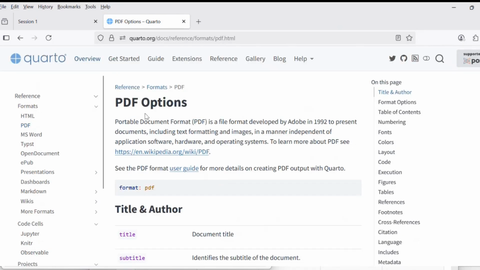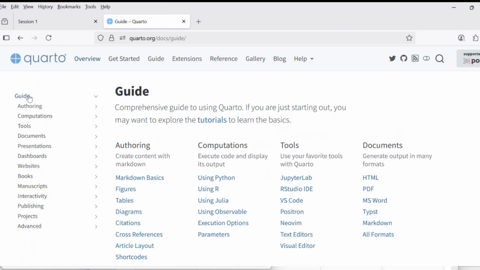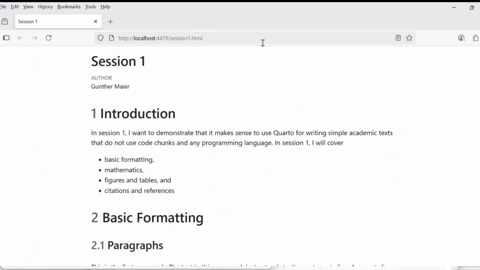So this will become clearer a little later on. Oops, sorry, I want to go here. So with these things said, I'll now close that